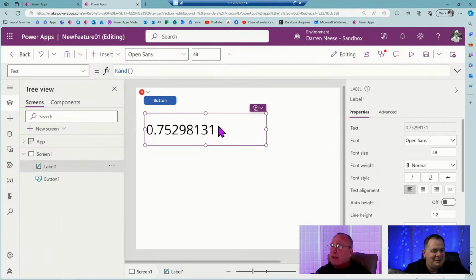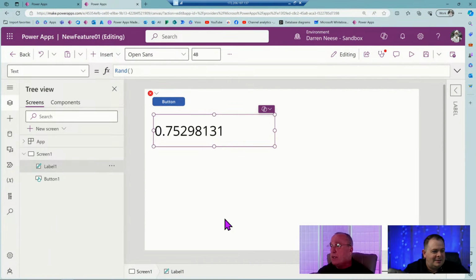Okay, so let's get back to this RAND function because I want people to understand that. The RAND function returns a value, just like you see, it's a function. We're talking about functions here. This is one that was created by the Power Apps people, the Power Apps wizards, and they built a function that returns a value between 0 and 1. Now, what we can do then is some math with this.